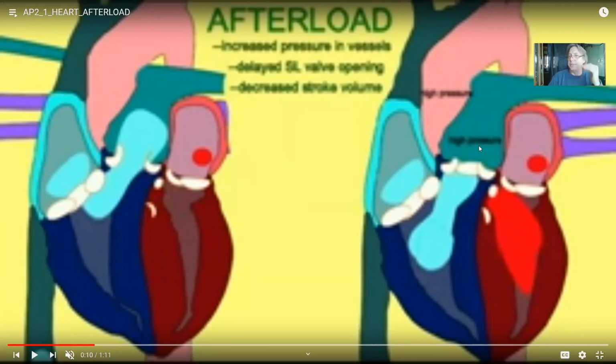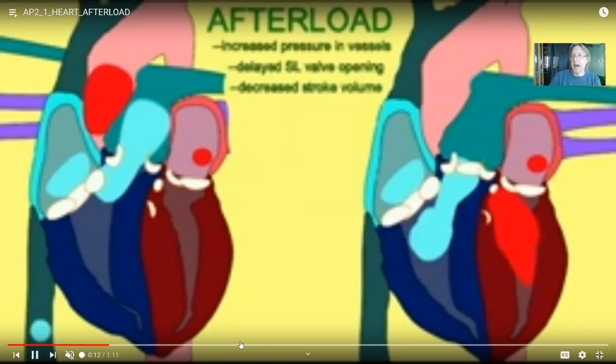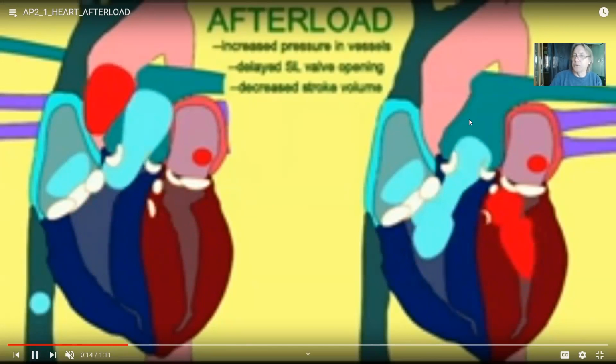If the pressure in the vessels is higher because someone has high blood pressure, then it's going to take another split second. And so this person on the left has more time to eject blood than the person on the